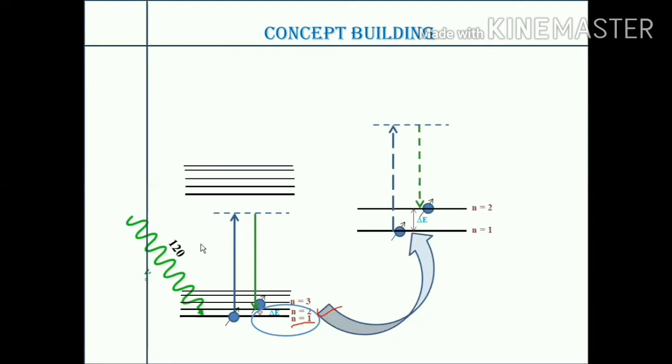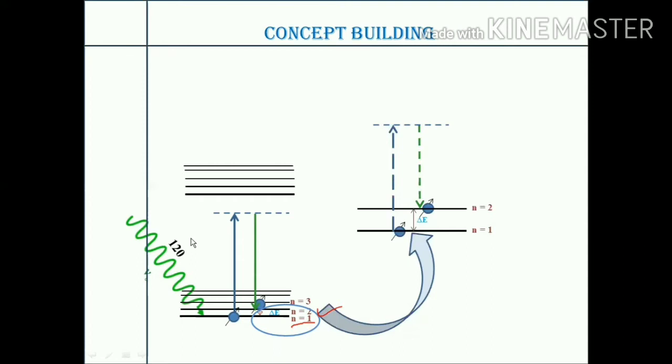Now if, let's say, initially I had given the laser beam to the molecule which is carrying an energy equal to 120. Okay, so it will give me Rayleigh scattering, a Stokes line and an anti-Stokes line. So if we try to make out the difference between the Rayleigh scattering and the Stokes line, let's say it will be represented by delta E value. Okay, so this delta E value will always remain the same no matter the energy of the laser beam changes.